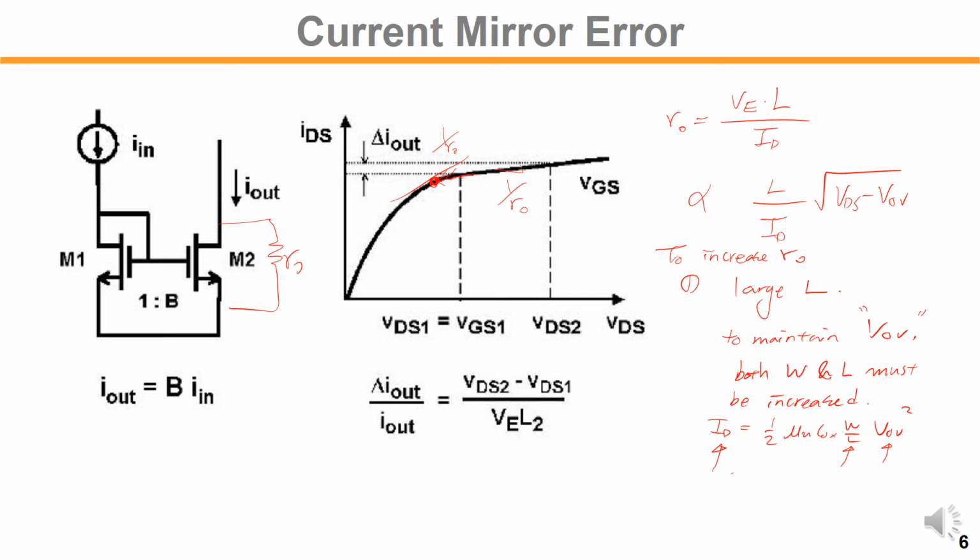Such a decision will result in large parasitic capacitances, right? CGS and CGD and CDS kind of things. So another method to increase RO out of a single MOS transistor,